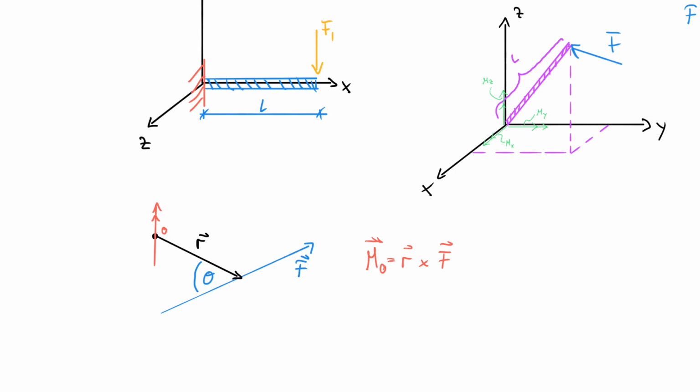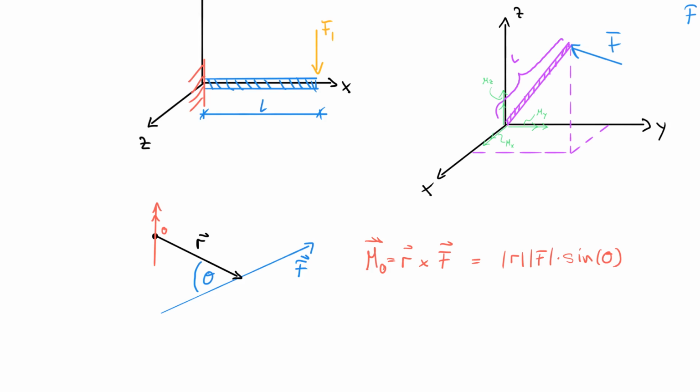Because it rotates about a certain point. And you may remember this formula from your mathematics class, that this is also equal to R magnitude times F magnitude times the sine of theta,